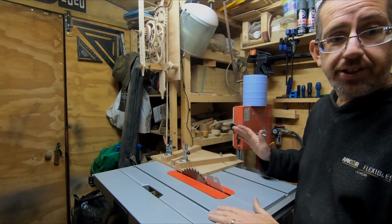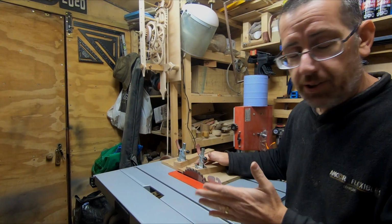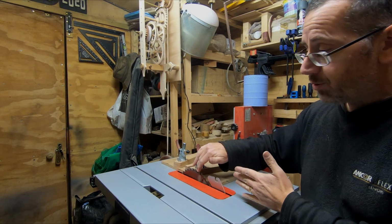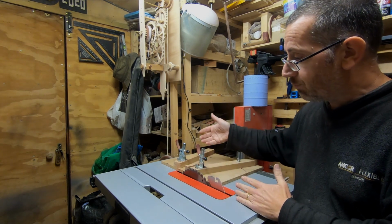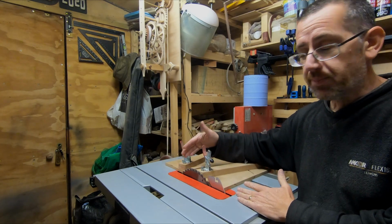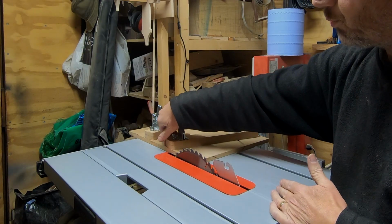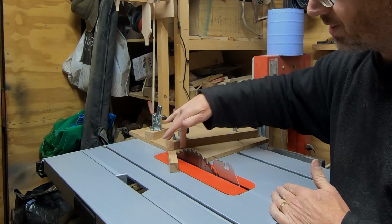Table saw is unplugged, so there's no power on here, but I've just got this set up roughly how I would have been cutting the pieces on here. From this side you can see you've got a really tall blade on here. But when you're on the other side, looking at all this side, you don't see the blade very much. Especially when you've cut your piece, you bring the board back like that, you go to grab your pieces which have all just dropped down here, little segments here,